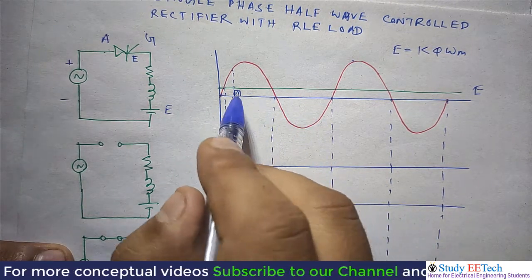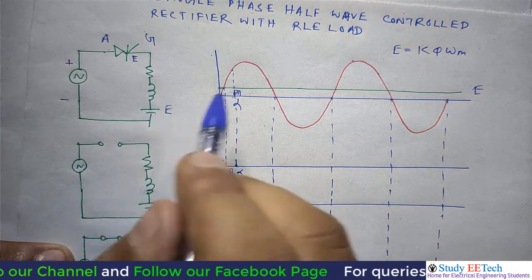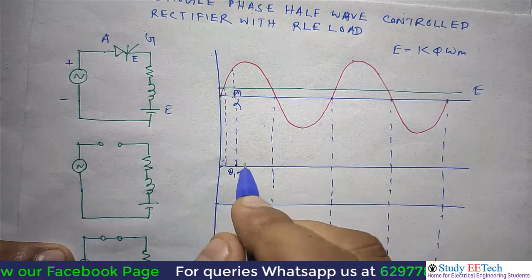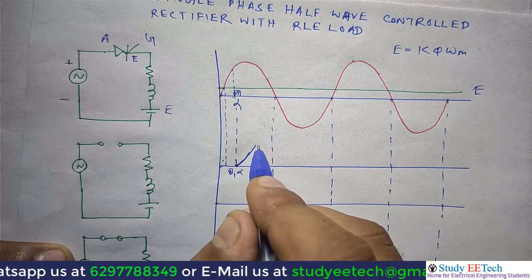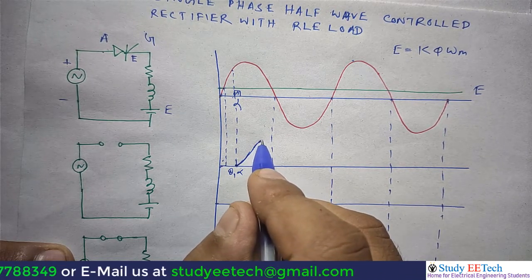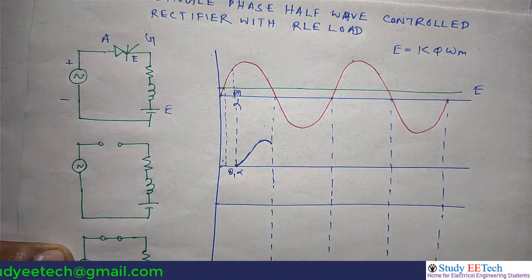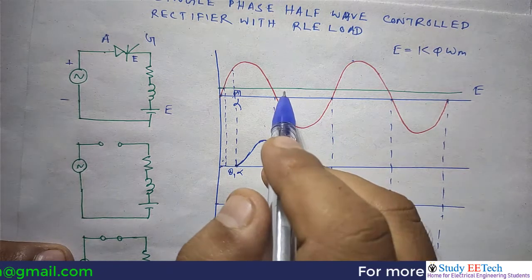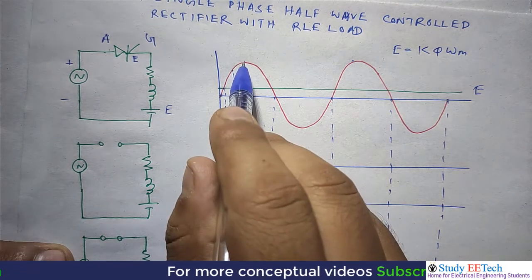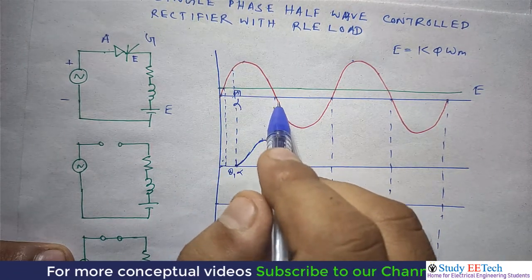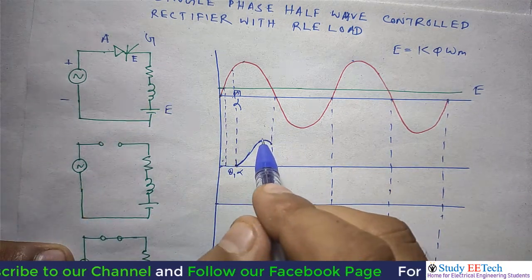Once we are at alpha, the inductor current will be increasing, because the voltage appearing across the inductor is positive. So from here the current will increase, maybe somewhere it will become maximum, then it will fall. In the earlier case I showed you that in case of pure resistance, the peak of the current appears at pi by 2, and in case of pure inductance it appears at the point pi, and because of the R and L it will appear somewhere here.